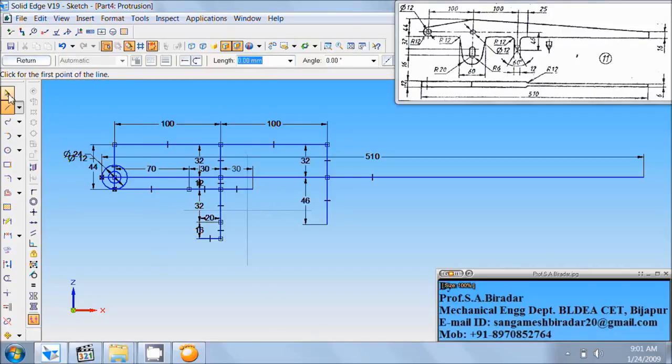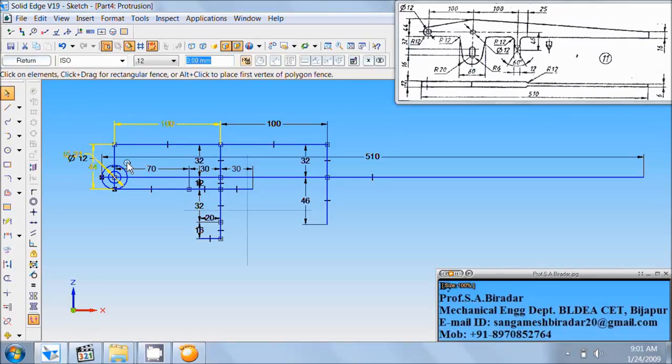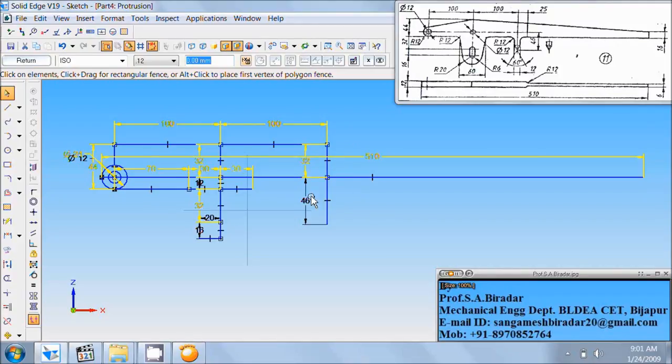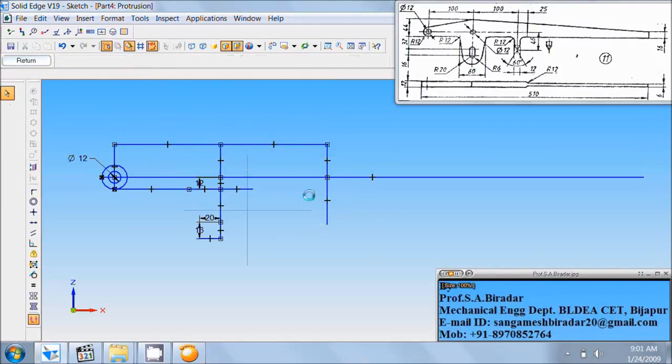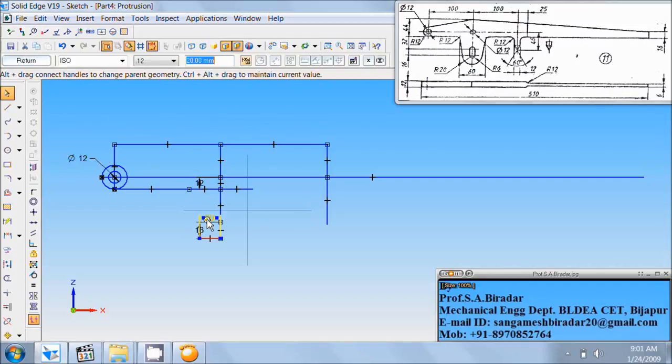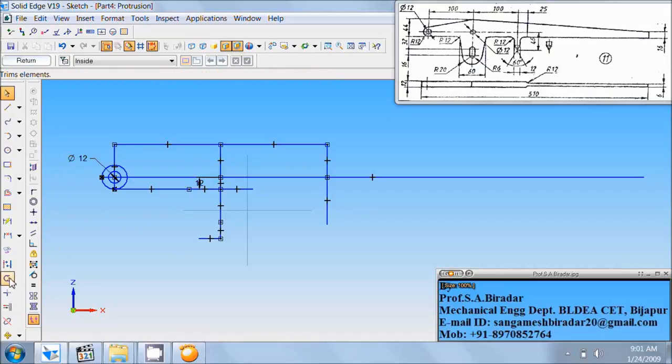Now select and delete all these dimensions. Use trim command.